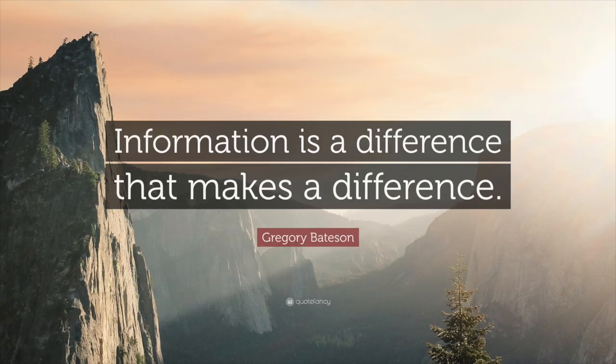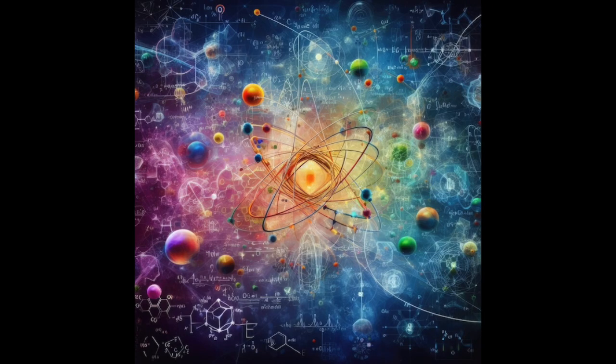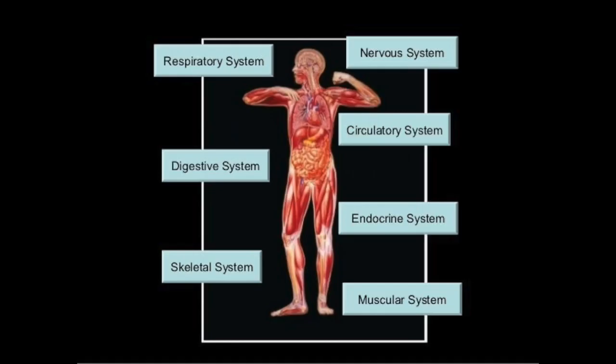So what do I mean by relationship? In complexity theory, relationship is primary. Relationship is any interaction where both sides of the relationship are affected in some ways. A relationship creates a difference that makes a difference. And this can be applied at every scale. So particles in an atom, organs in a body, each organ relating to all the others.